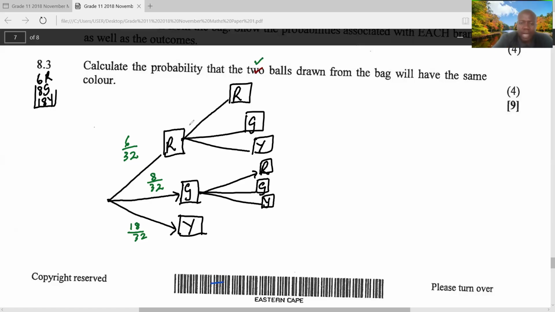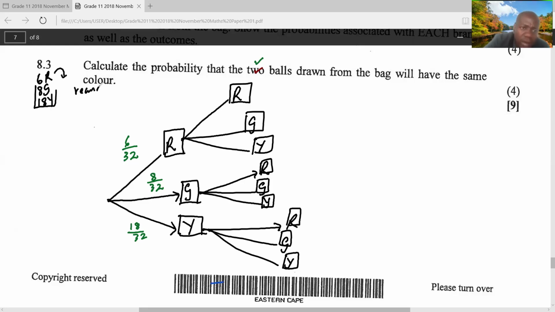Now, if we got yellow for the first time, there is a possibility that we can get red, green, or yellow. But now they said when we select the color of the ball, we record it, and after recording we do not return it. So what does it mean? It means for the first time, if we got red, to select the second red, we're going to select from 5 of them